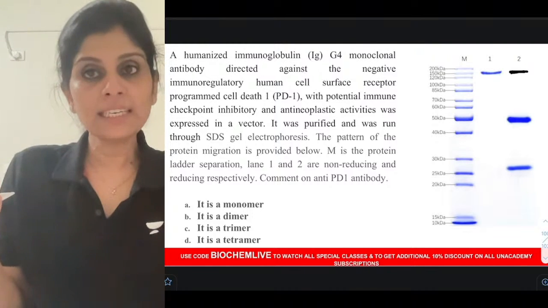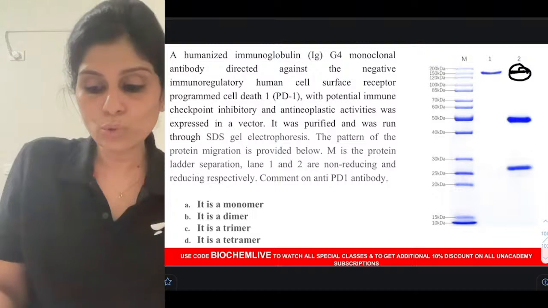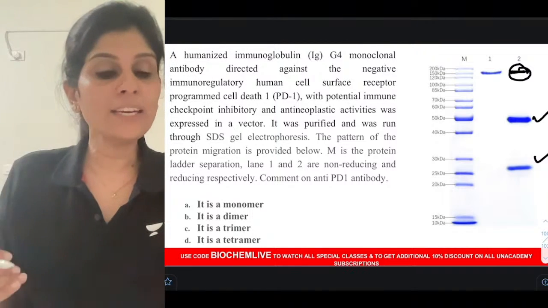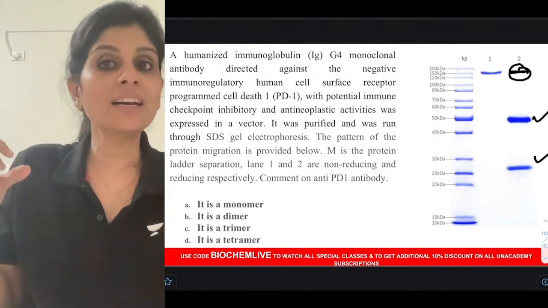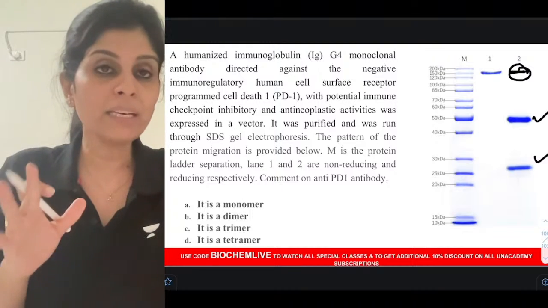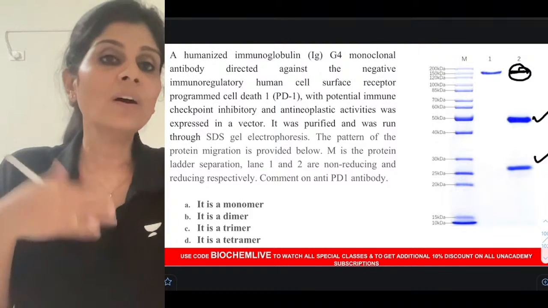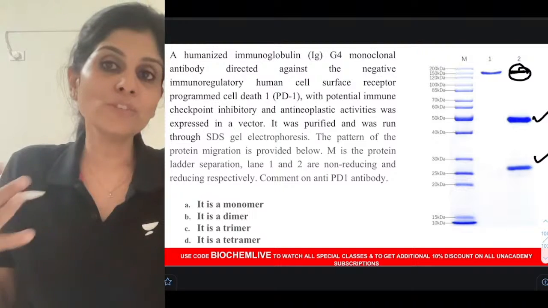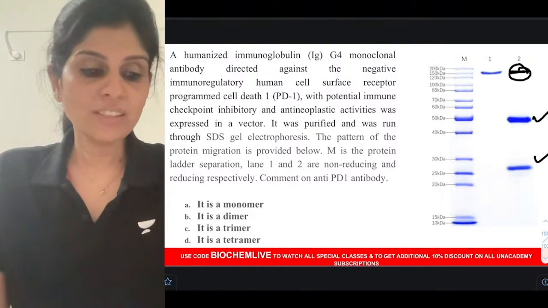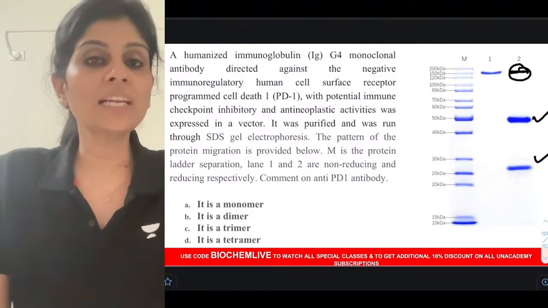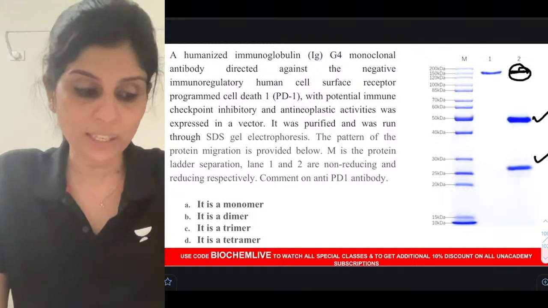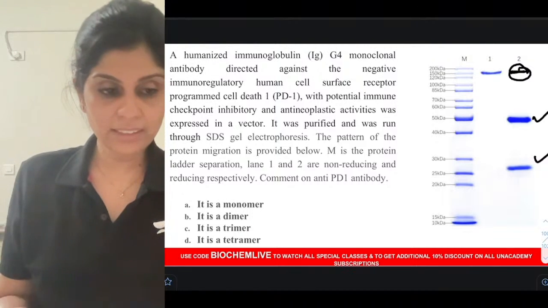Now, after reducing type of SDS-PAGE is run, when it gives rise to two bands, do not immediately say it's a dimer. Find out the molecular weight of individual bands and add them and check if it corresponds to the molecular weight of the whole protein. If you don't see that happening, it means there are more than two subunits. Work out various permutations and combinations to find out how it can account for the whole protein's molecular weight. So this is called the reducing type of SDS-PAGE, which will help you understand protein structure in detail in terms of number of subunits. So what is the answer here? The answer here is it is a tetramer.